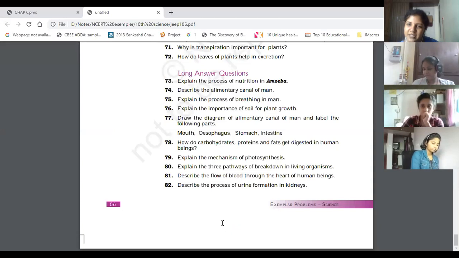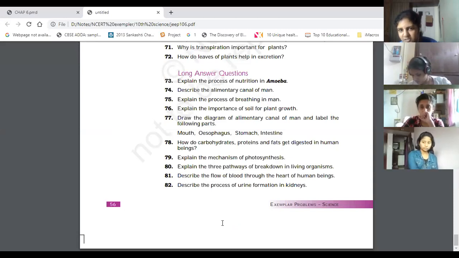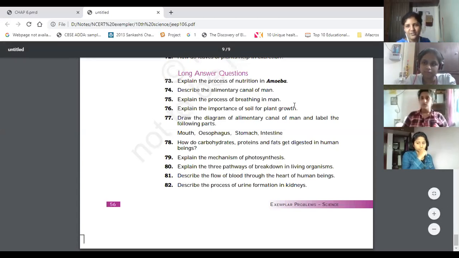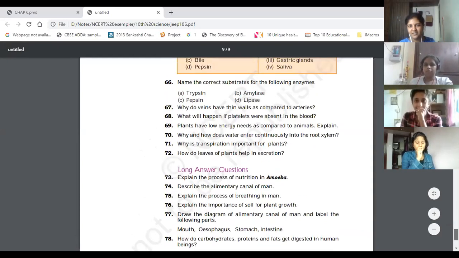If you do this much, and for theory questions, I'm talking about the 3 marker and 5 marker questions from this chapter, if you do this and your NCERT textbook question answers, that is more than enough. For 3 and 5 markers, if you complete these questions properly, it's enough. Only for objective, you have to learn more because 1 mark questions can be asked from anywhere. So make sure the concept is clear and you can write it down properly. We have discussed everything. I've not left any of the questions from this. For revision also, every question I have discussed.